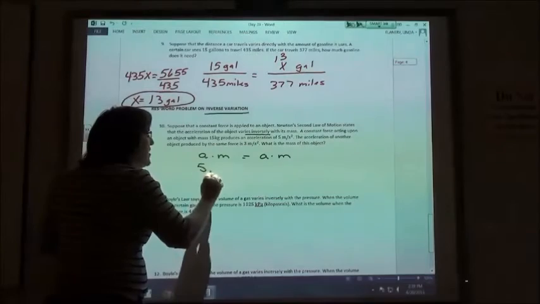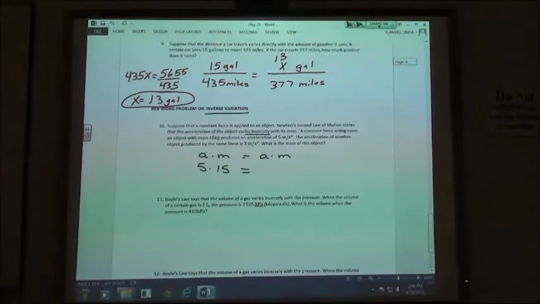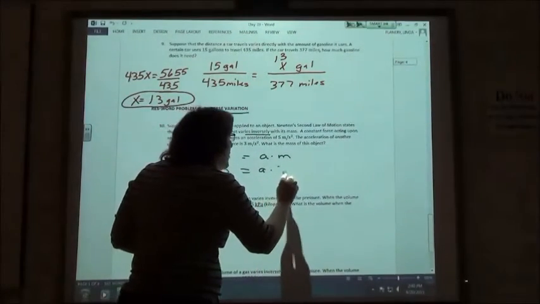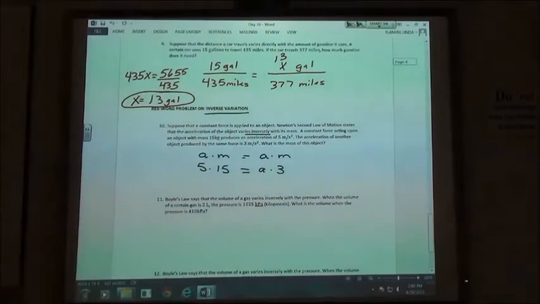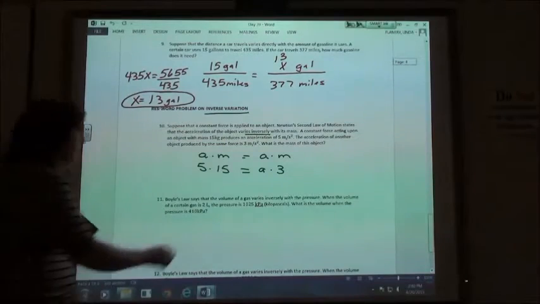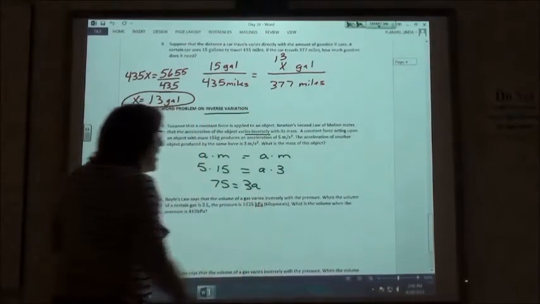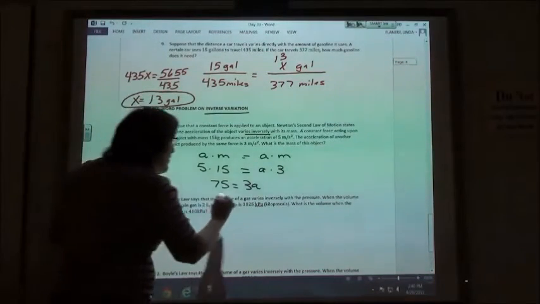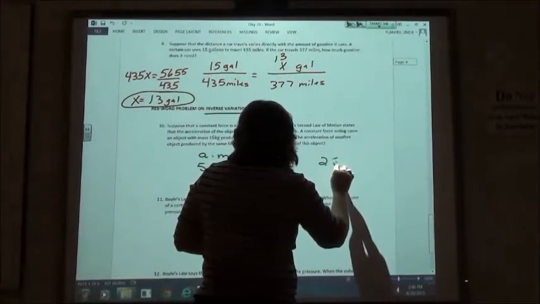So 5 times 15 is going to equal the acceleration of another object produced by the same force is 3 meters per second squared. So I'm trying to find the acceleration times 3. So 5 times 15 is 75. A times 3 we could write as 3a. In order to find the mass then, all I have to do is divide by 3. 75 divided by 3 is going to be 25